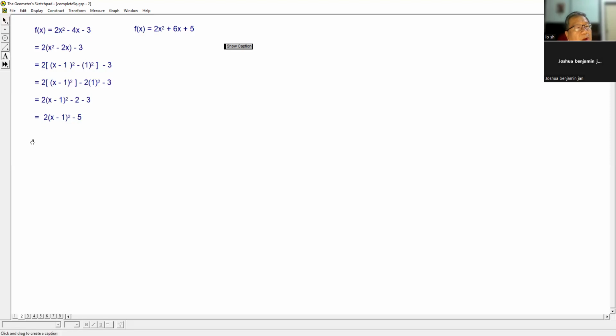So how to do this one? Okay, the first step is, what must you do? The first step is you must take out the coefficient, right? Take out the coefficient A. Take out the coefficient A. Then,